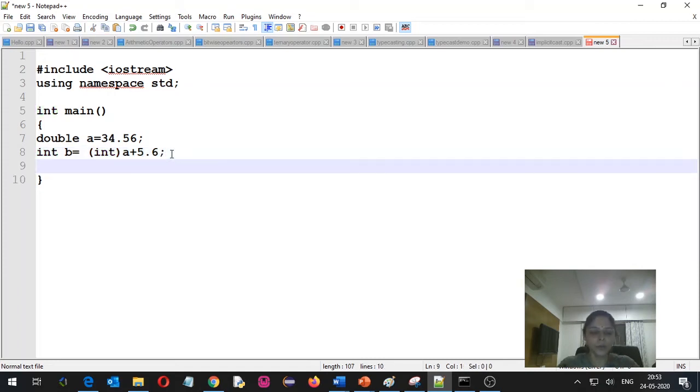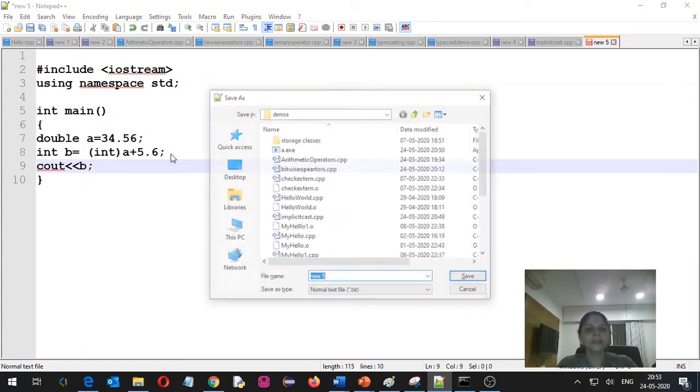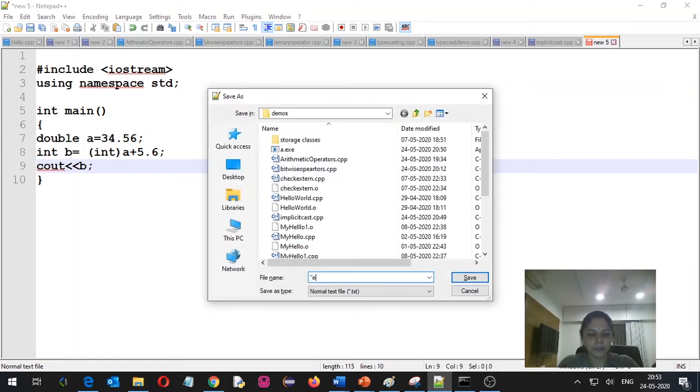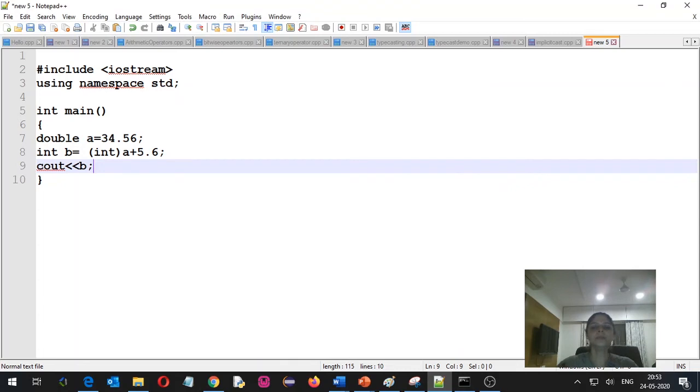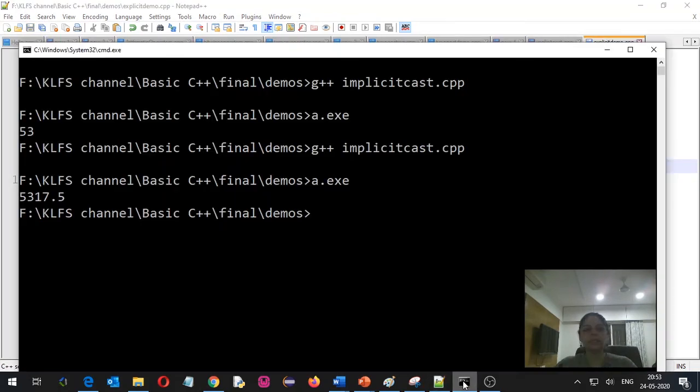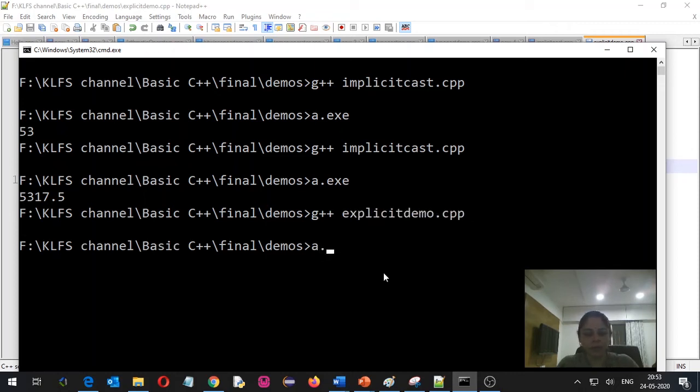Now if I want to print the answer, then I can use cout b. I'm saving this particular file with the name explicitdemo.cpp, and if I try to execute this by writing g++ and to run the file I'm using a.exe, you can see that I'm getting the answer 39.